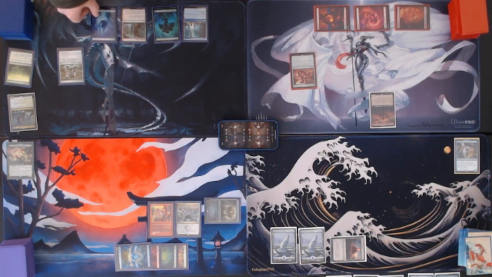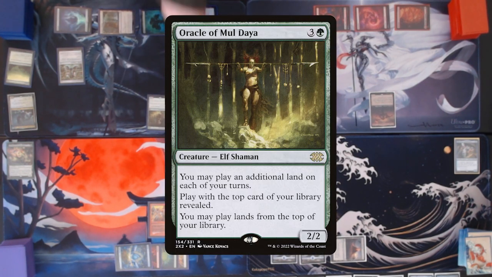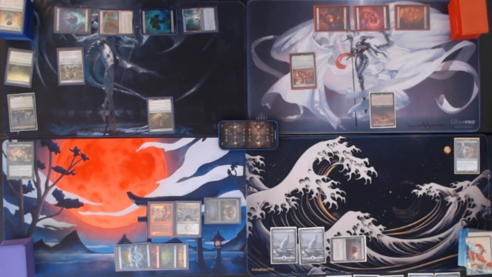Yes, it's a land at least. So 1, 2, 3, 4. Oh, okay. Yeah, so what we're going to do is we're going to tap all 4 to play Oracle of Mul Daya. It's a 2/2. You may play an additional land on each of your turns. Play with the top card of your library revealed. So I will do that. Unfortunately, it's not a land. And you may play lands from the top of your library. Now, I will then hold